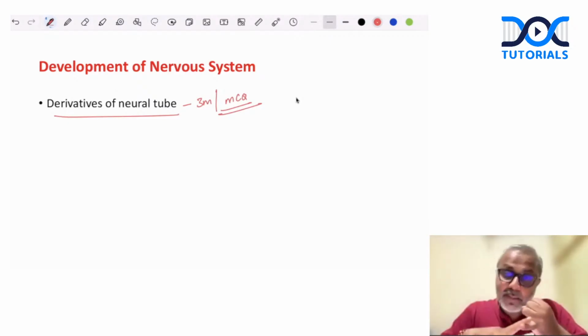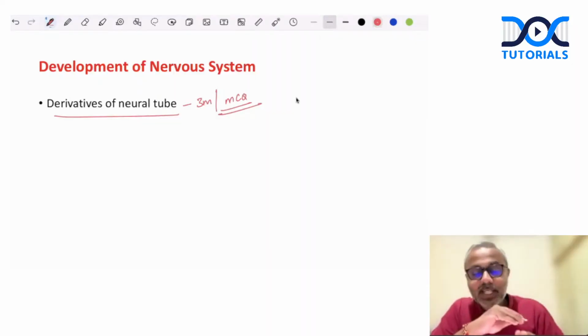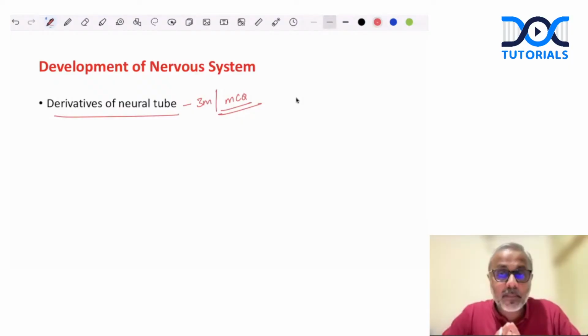What are the primary brain vesicles? What are the secondary brain vesicles? How do ventricles develop from the cavity of these vesicles? This is what you must know. But do not invest much time except for knowing what exactly are the derivatives that come from these brain vesicles. Are we clear? Right. Once we have learned about these important short essays which are frequently asked in systemic embryology,